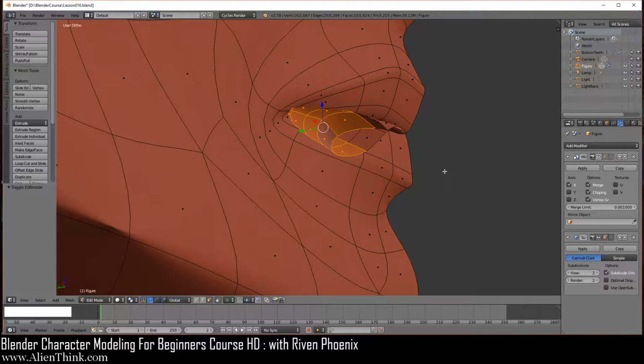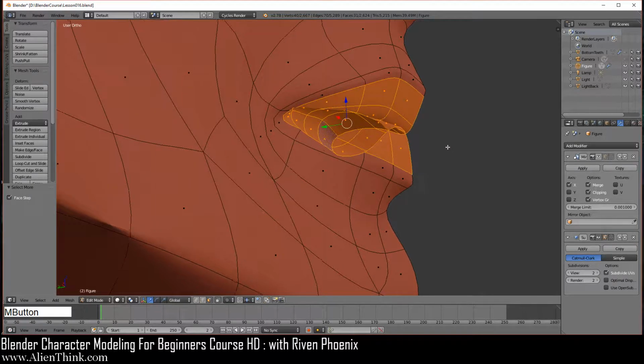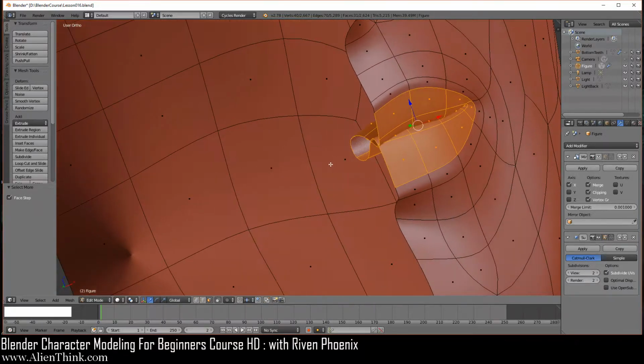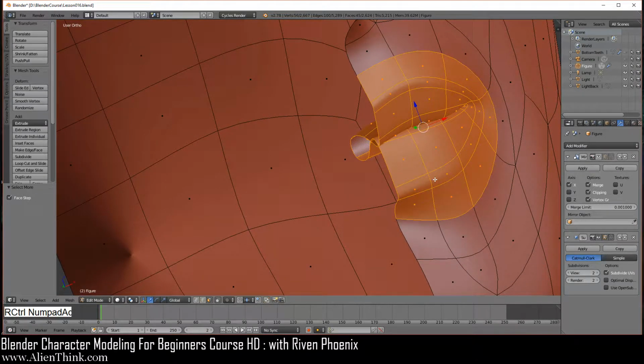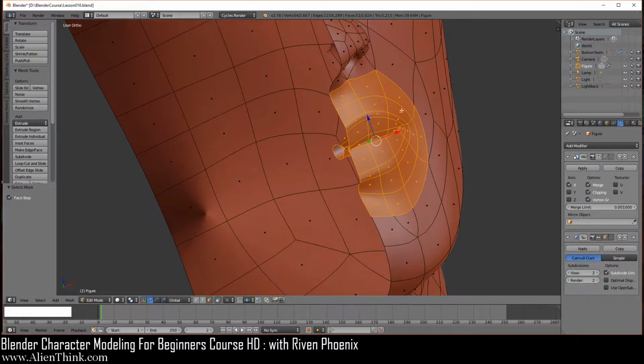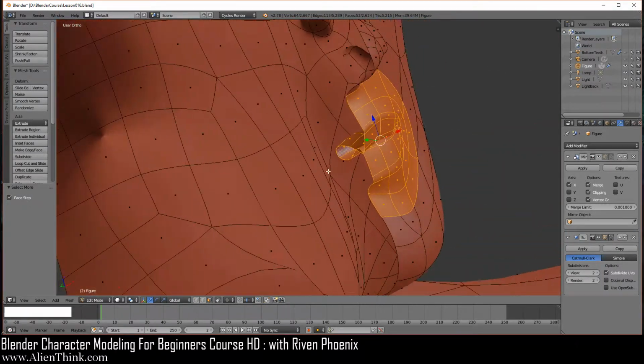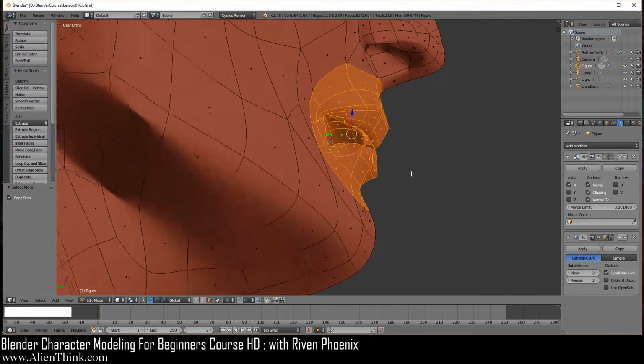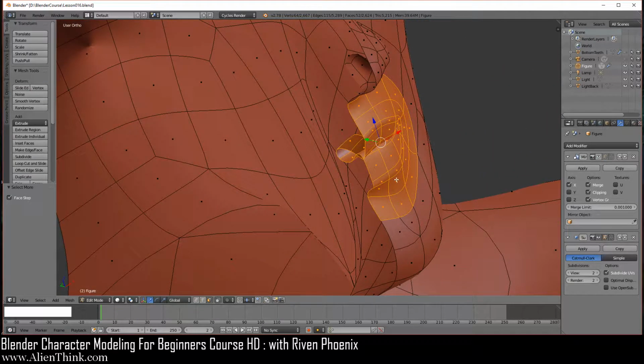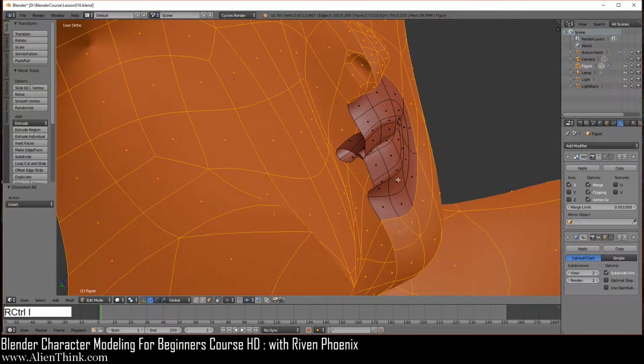Now just do Control plus. So I'm going to do Control plus, and what it's going to do is start to add these faces. Now use the middle mouse button to rotate, okay? Control plus, plus, and then plus. So you want to select this whole area. See how I've selected this in this way? Okay. And now what you want to do is Control I, and it's going to flip everything.